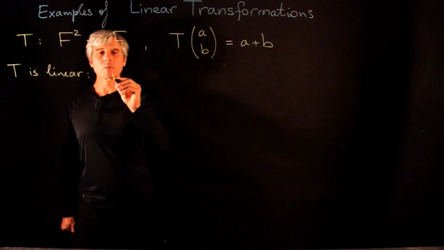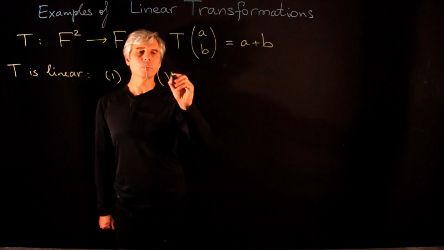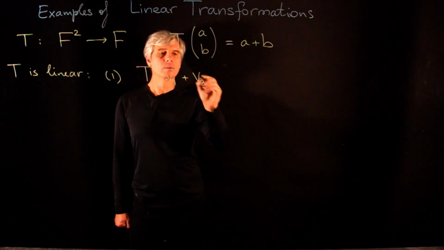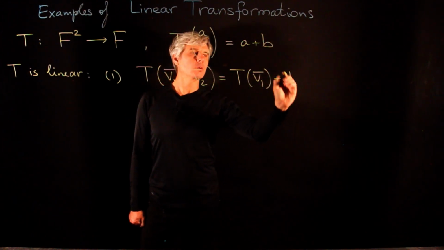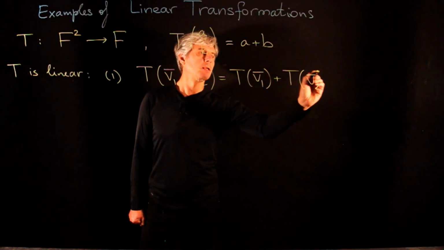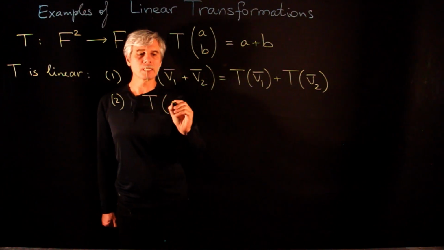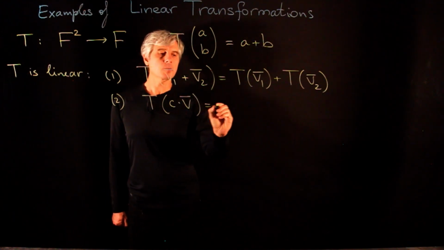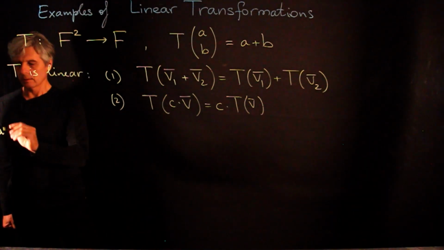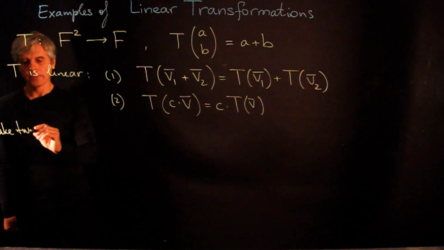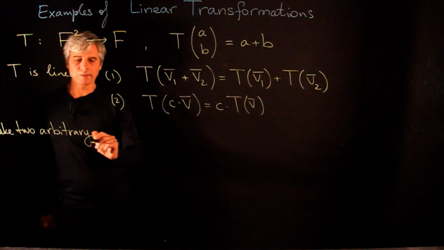So to prove this, we need to check two properties: that T of V1 plus V2 is equal to T of V1 plus T of V2, and the second property, that T of C times V is equal to C times T of V. Take two arbitrary vectors